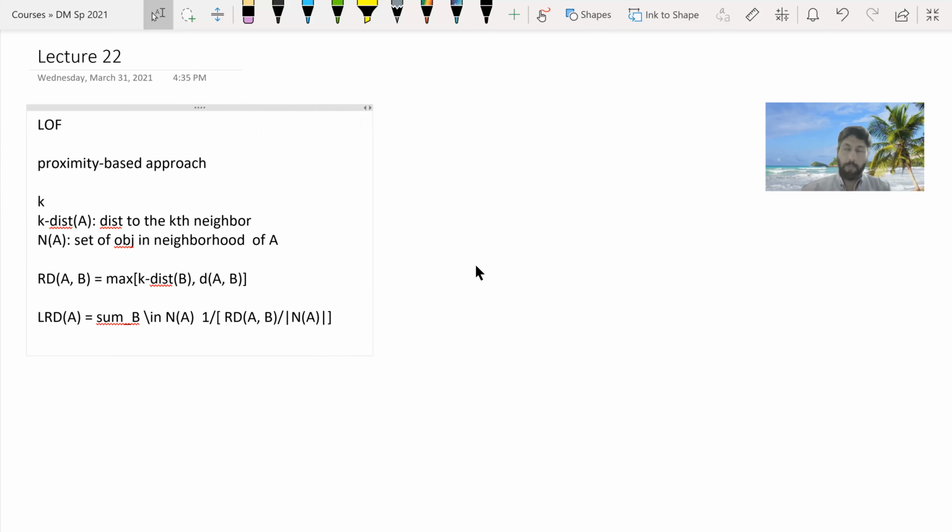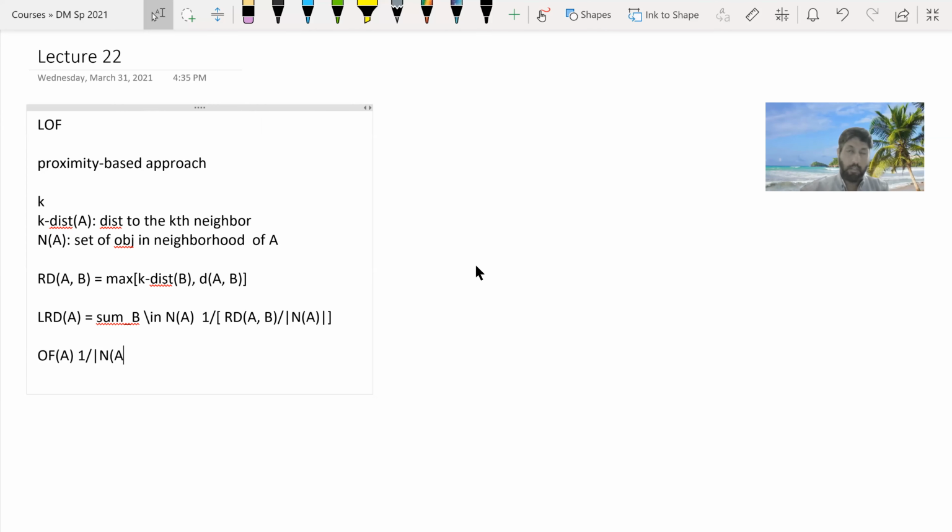Okay. So this gives us the local reachability density of the object A. And from here, we get the final value. And the final value, of course, is based on the reachability density of the neighbors and the reachability density of A. And of course, that's actually the average of that, the ratio. So LOF of A is basically then 1 divided by